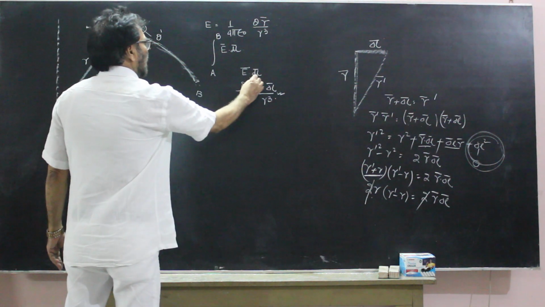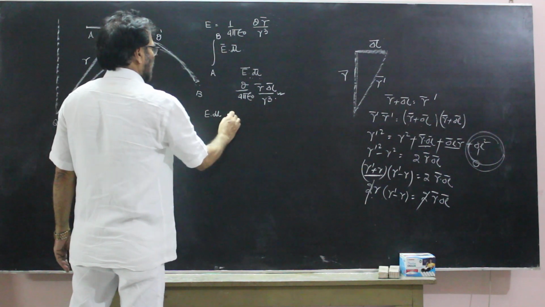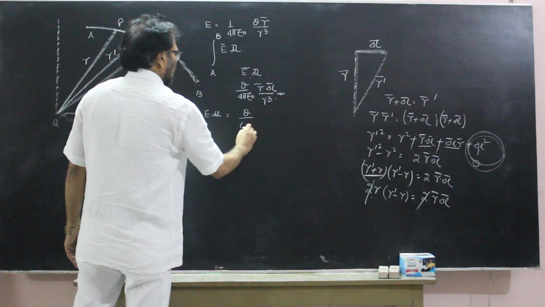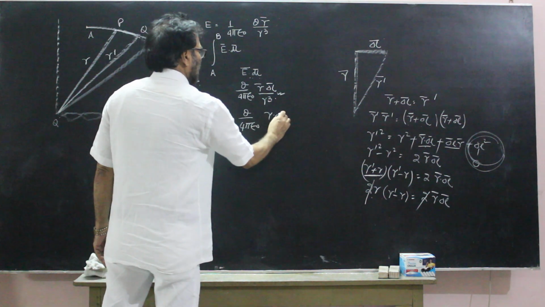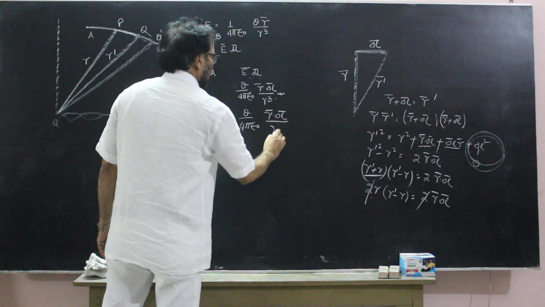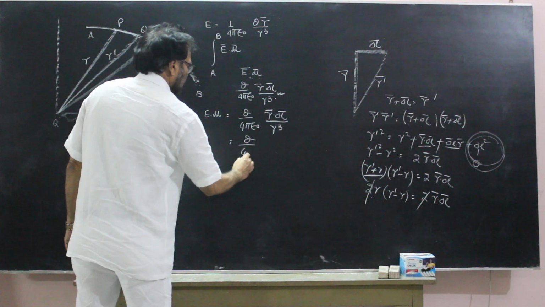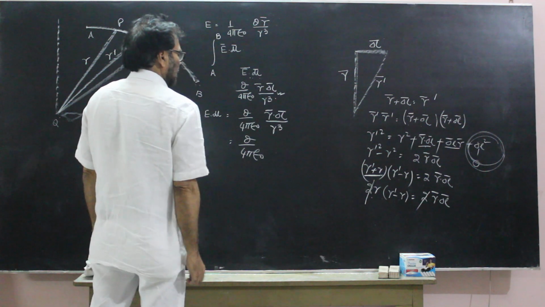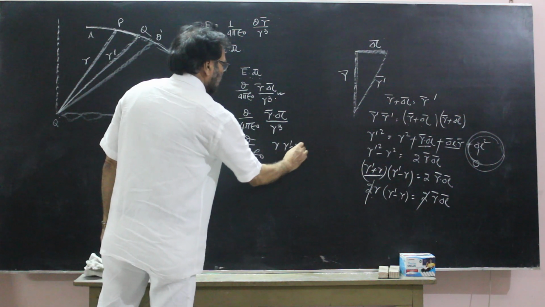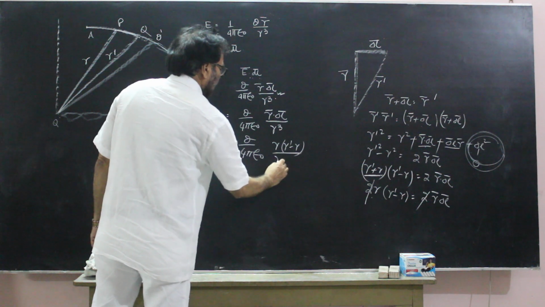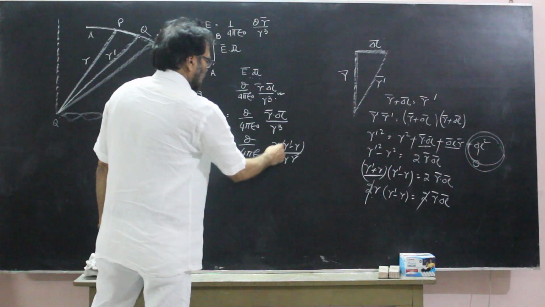Now this E dot dl is q 4 pi epsilon naught r dot dl by r cube. So it is q 4 pi epsilon naught. What is r dot dl? r dash minus r divided by r into r into r. ये r के साथ से कैंसिल हो जाएगा।